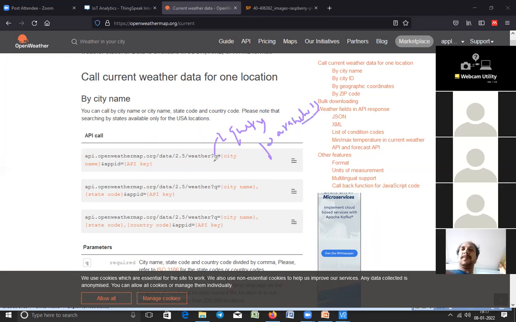There are 2 query parameters. Q is equal to 1 query, and generally queries are combined with the AND symbol. So you have to combine with the AND symbol. We have Q is equal to 1 query and appid another query. This appid is to authenticate. This is for authentication.